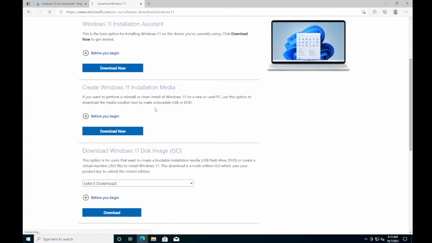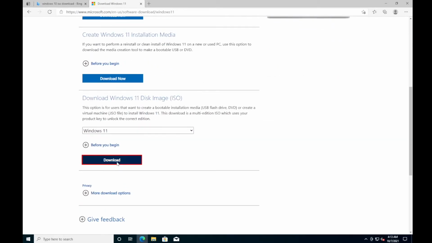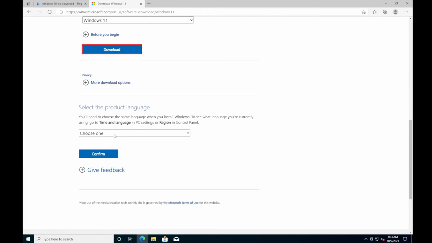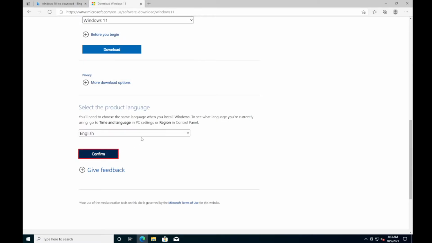And as you can see right here, there's a Windows 11 installation assistant. Create Windows 11 installation media, which is the only option it gives you with Windows 10. And then right here, download Windows 11 disk image. You'll just have to select Windows 11, hit download, and then you will select the language, hit confirm,